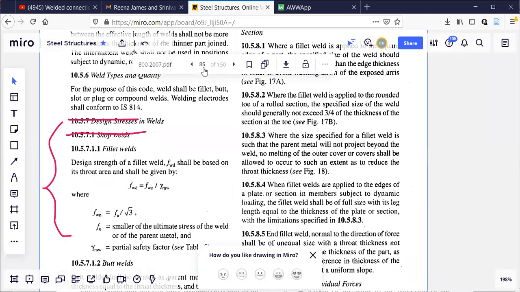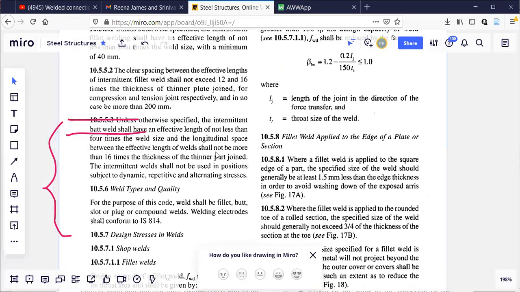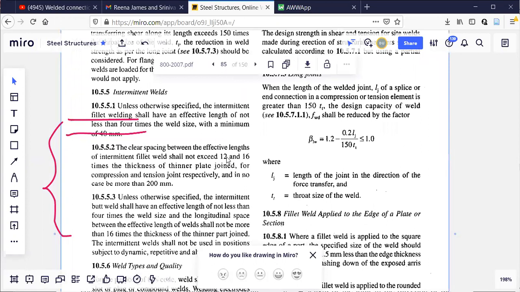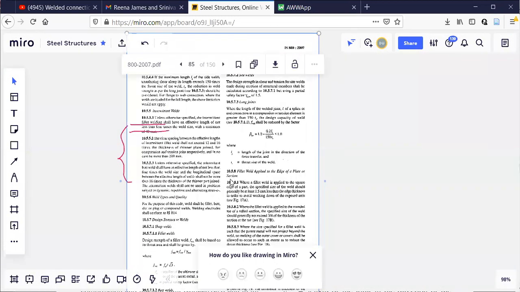I'm on 85, but some pages will be there. That is why this number is not indicating 74 here, because cover page, back page, everything included, it has become 85. So you should open the page with respect to the code book, 79, even though here it shows 85. Okay, totally 150 pages are there. This is allowed in the examination. Okay, let us discuss this one later on.